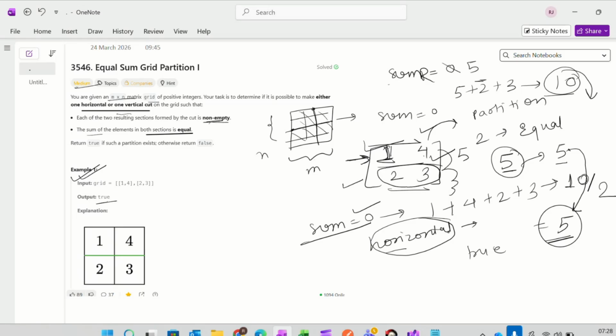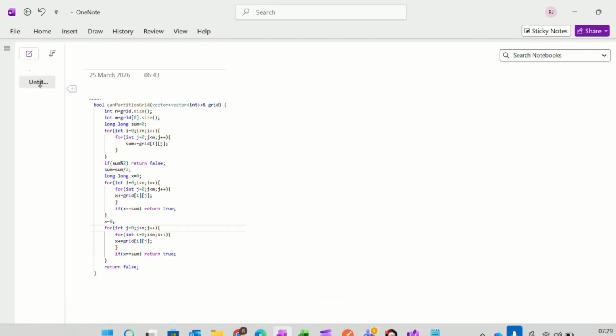तो अगर suppose we will not get it from horizontal rows, then we will try with vertical. Vertical में क्या करते हैं, first we will traverse through this column, then we will traverse through this column, and so on we can traverse from every column. So this is a simple problem. We'll move to the solution.